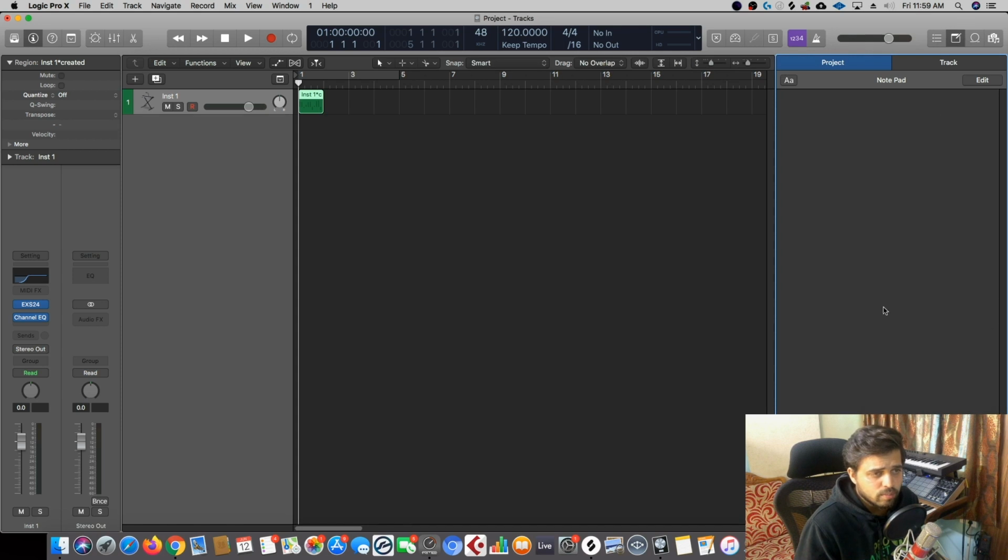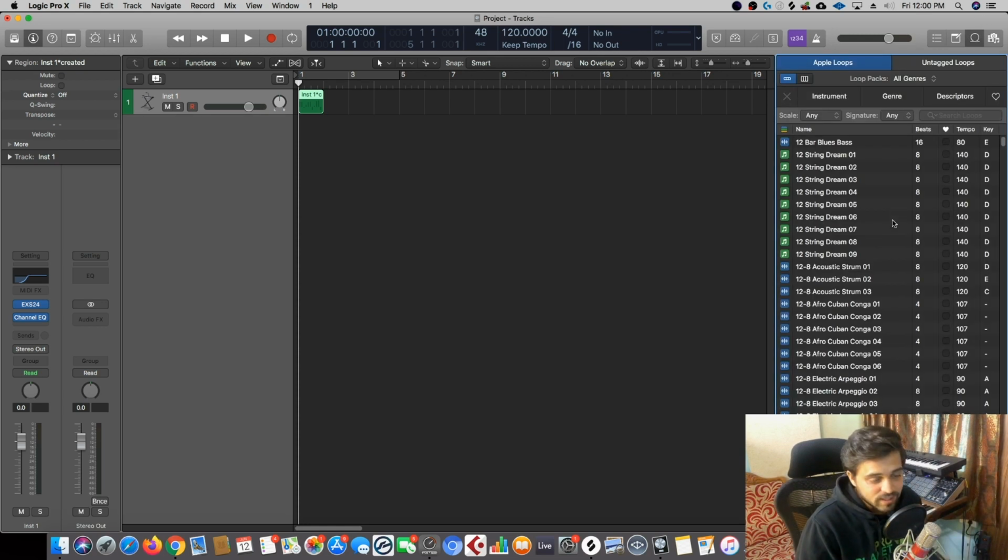This one is the notepad, where you have two sorts of notepads. One is for the entire project. Another tab opens up a notepad for individual tracks, so you can have notes written for each track. Let's say you want to share a session and you want the other person to know which virtual instrument and preset you have used for each track. Maybe you can just type it in here, and when the other person receives the session, he or she can go through the notepad to see the details of the track.